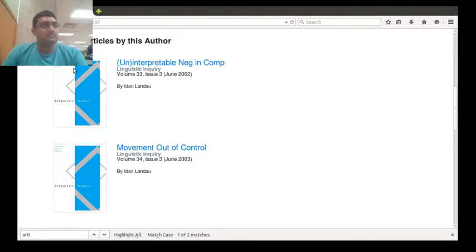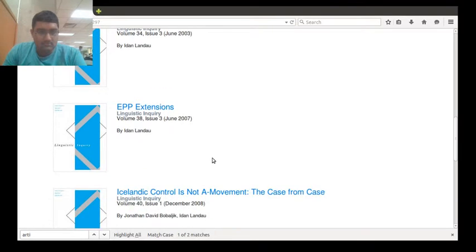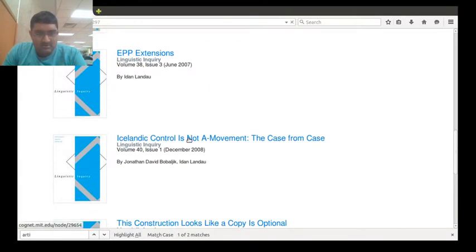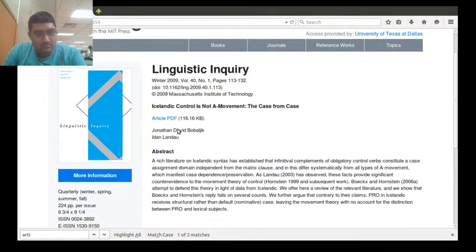Now that we're here, I would like you to click on one of the articles. Okay. And see if you can download any article. Download something.